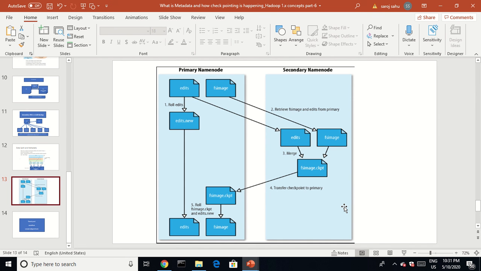Okay, so we already know what edits and fs image are from the metadata perspective. Both of them are metadata. Now in my NameNode machine, I have the edits and fs image. After 1 hour, on the schedule of the checkpointing system by the Secondary NameNode, what will